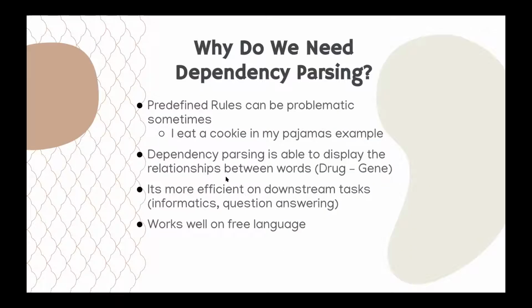So it's between words. In our case, it's the drug-gene relationships. So there's obviously going to be a distinct emphasis on what each sentence means. In order to take away any confusion and to make everything clear, these kinds of rules need to be defined by very easy to understand terms so that no one else is confused. And that's where dependency parsing can be very useful because certain terms must mean certain definitions. So there's very few places where people can make errors. In this case, we would like to be able to display the relationships between words and specifically between drug and gene.